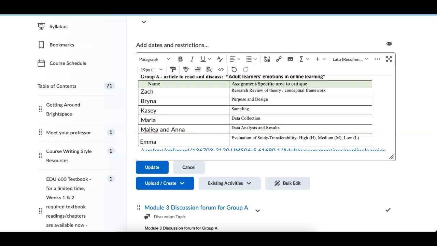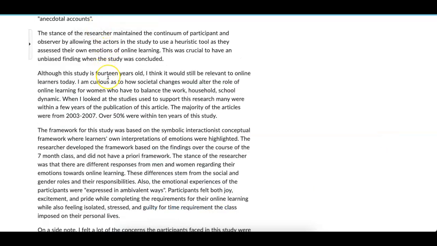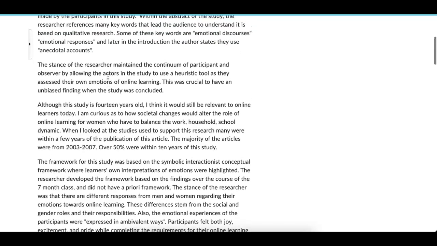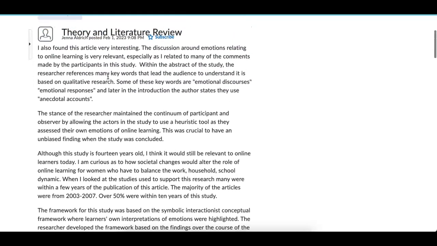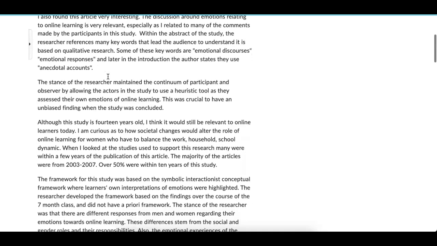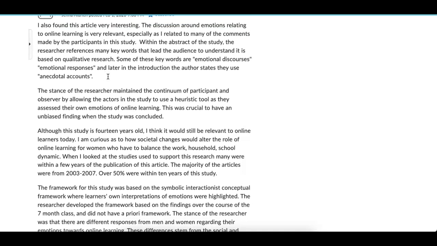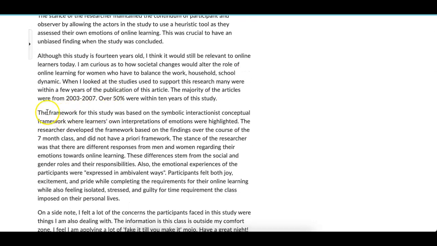And what I mean by that is, and I'm just going to shoot to another class so everybody gets an opportunity to at least see what this looks like from a 30,000 foot perspective, so to speak. So now I'm looking at another class, and this is the students' response to the theory and the literature review. And in here, they went to an awful lot of information. And then down here, this would be the first section, the research review of theory, conceptual framework, the framework for the study, blah, blah, blah.